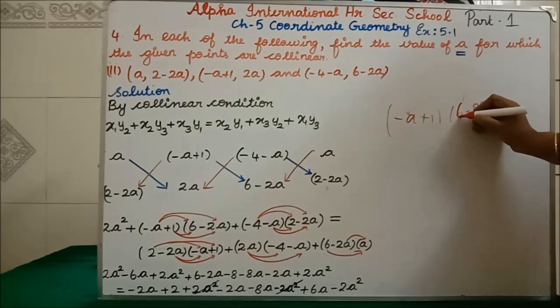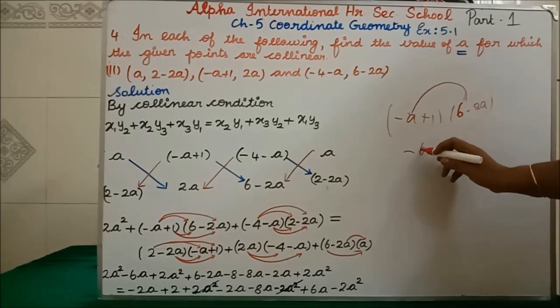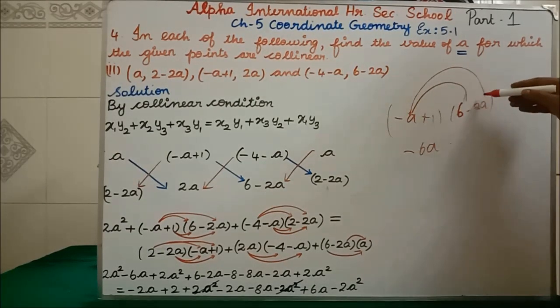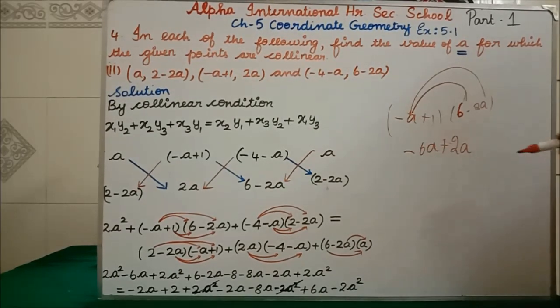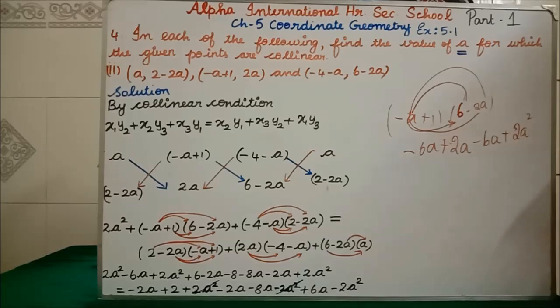Here 6 minus 2a we are having. So first you multiply this 6 with a. What you will get? Minus 6a. Clear? Then take this a and multiply with minus 2a. You will get plus 2a. Clear? Here a into 6 is what? Minus 6a. Next, a into minus a is what? A we are having, so minus minus will become plus. So plus 2a square. Clear? Like this only we have to write. See, I have written that only. Can you able to understand?